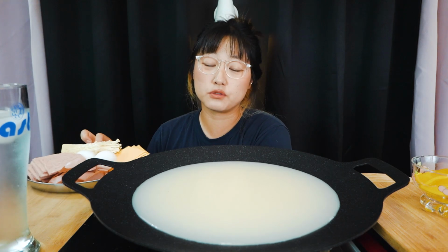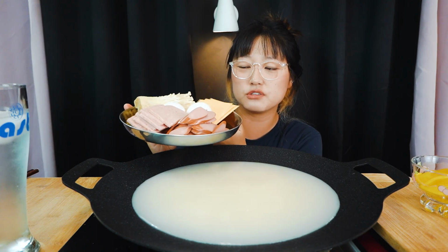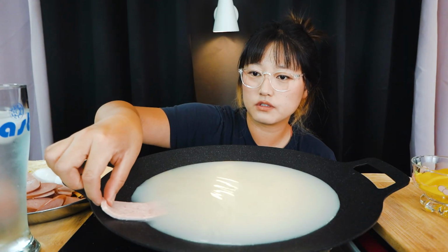So 부대찌개, also known as spicy sausage soup. Or I feel like nobody really says Korean army stew anymore. People just call it spicy sausage stew. So I have hot dogs, spam, enoki mushroom, American cheese, and some eggs. To add my...